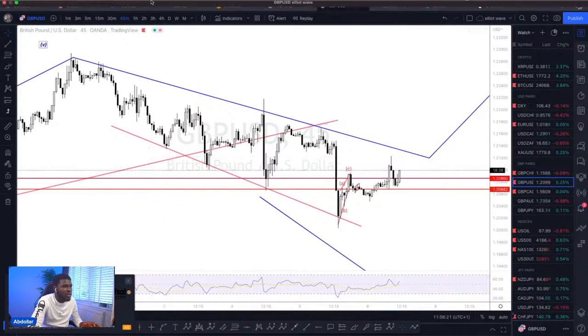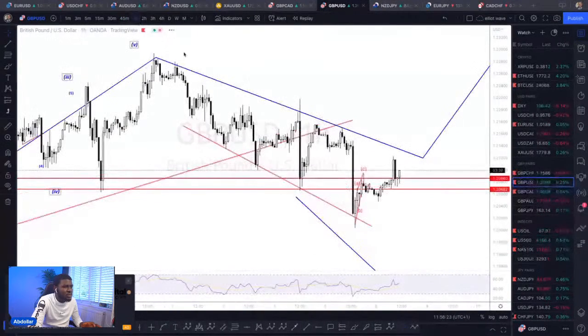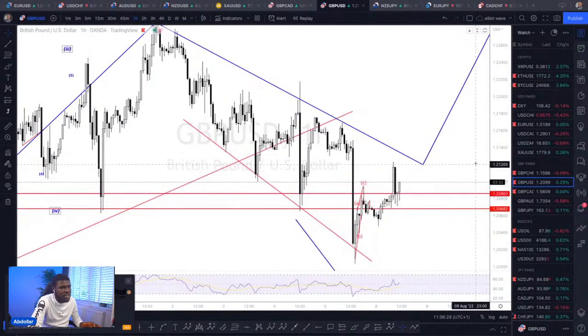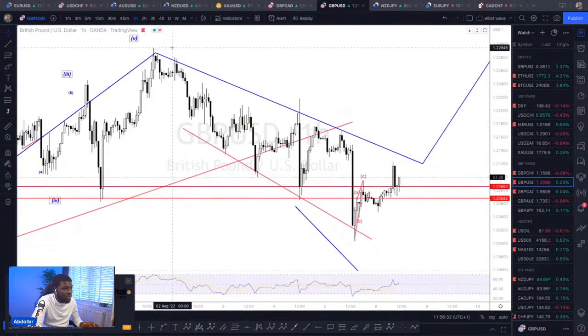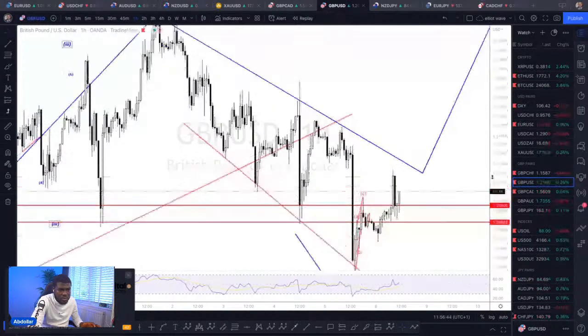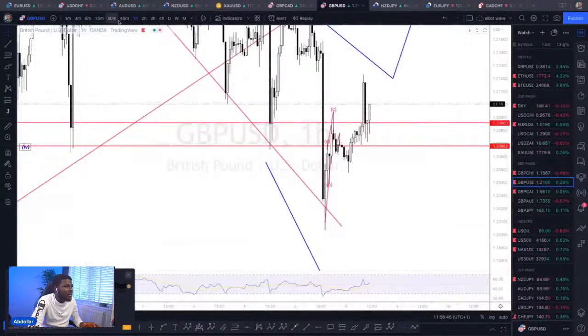Now let's bring back all those tools. From this very high, you can see that I've not yet put any Elliott count on it. So that means I'm not even sure what this movement has been from this high to this very low. So let's now assume the whole of that move is just a correction. Then there's going to be an impulse to the upside. But another thing that